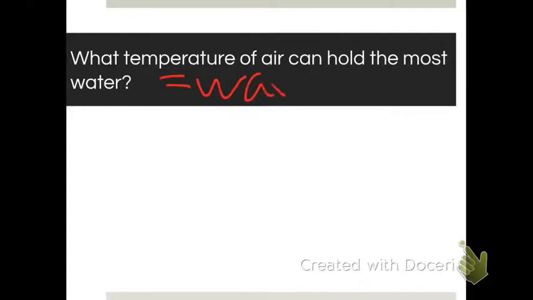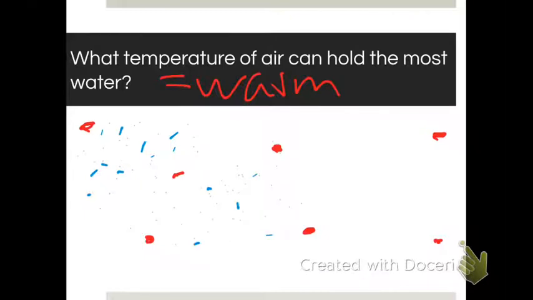So I'll just put warm. And the reason being, when air gets warm, what does it do? It expands. I told you that we'd keep coming back to this concept because it's super important. So if this is warm air, all those molecules have spread out and expanded. So then if you have water vapor, this water vapor is going to be able to go in, and you're going to fit tons of little water vapor gas molecules all throughout. There's lots of space for this water vapor to fit. Now, I'm not going to fill in all this because that would be super annoying and take forever. But you could imagine I could go back and just add in tons and tons and tons of little water vapor droplets all throughout this air.